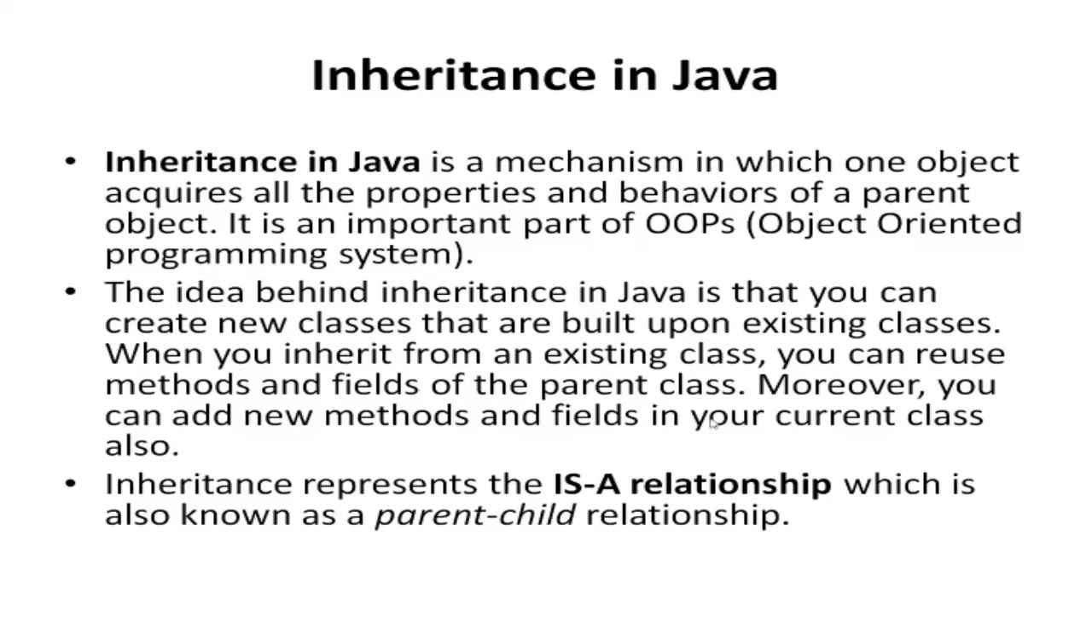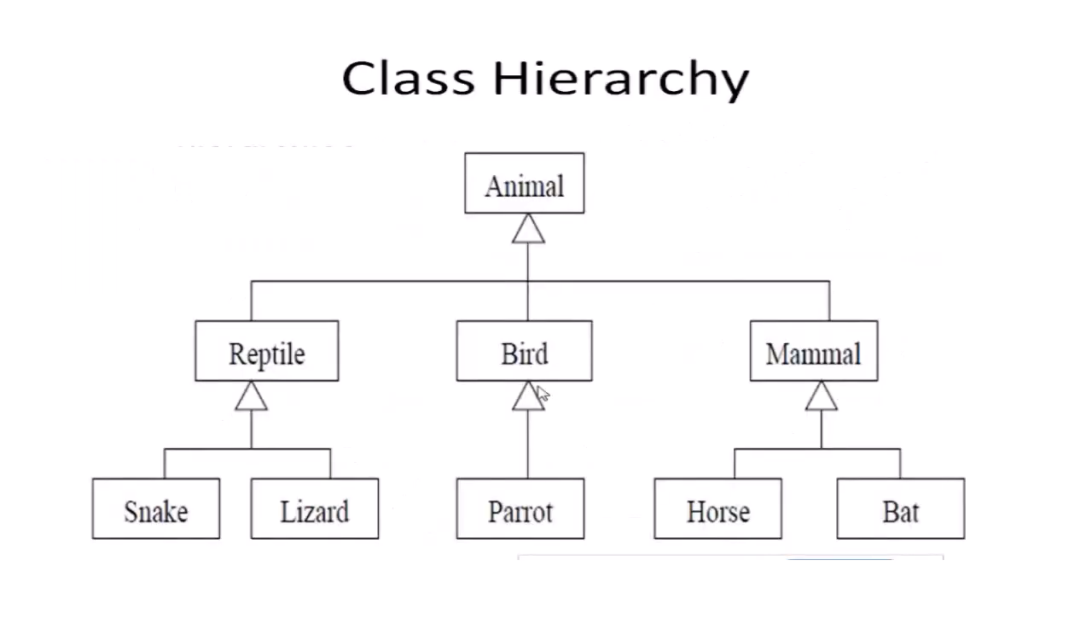So basically, inheritance is a property having an is-a relationship. Basically, you will have a parent and a child. This is the class hierarchy of inheritance. Here we have an animal. Animal is the topmost class. Here we can say an animal is a grandparent of a bird, and it is a grandparent of